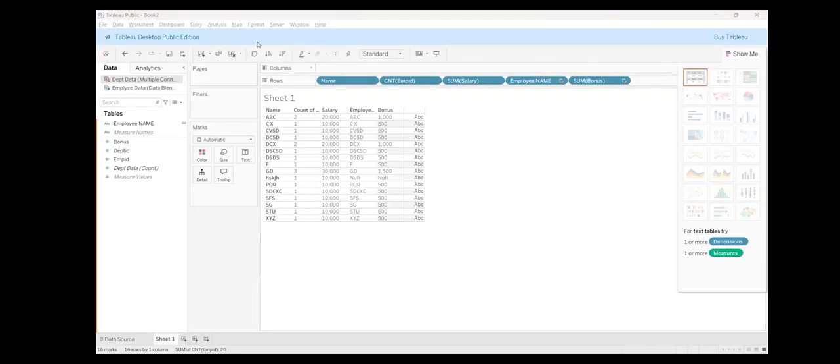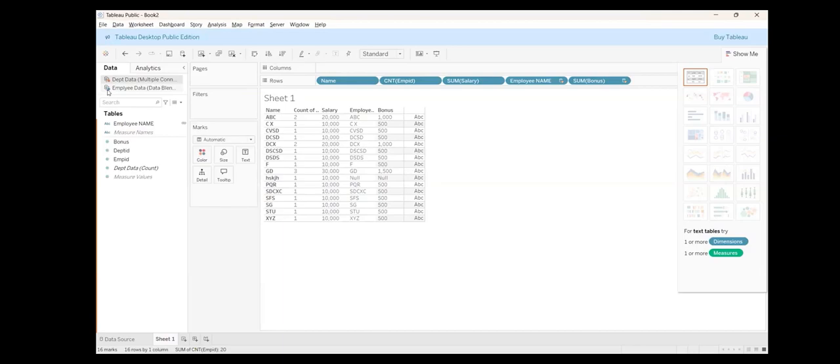Nilesh, you can go to the data tab, where you can see the department data. No, not there, below. Yes, you can see the department data has some orange sign while the employee data has a blue sign. So blue sign is the primary data source and department data is a secondary data source. If you want to make department data the primary data source and employee data the secondary data source,